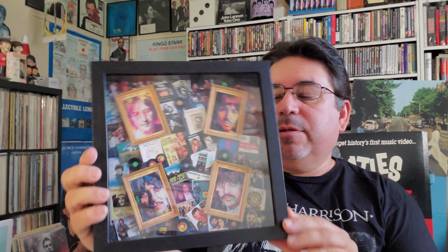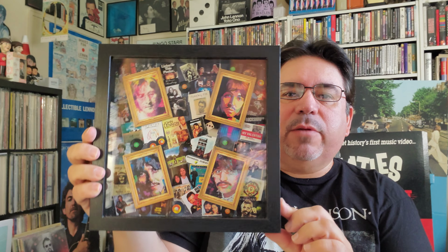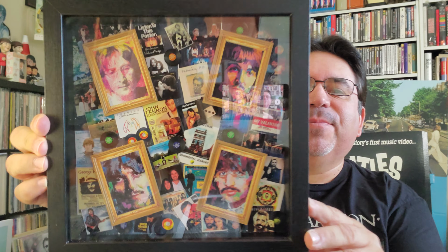Now, I want to show something that my girlfriend made for me. My girlfriend's always treating me good and taking care of me when it comes to Beatles related stuff, and she made me this. She made me a couple of these. I don't know what you call it. I forget what they call this box. I know what the box is called, but